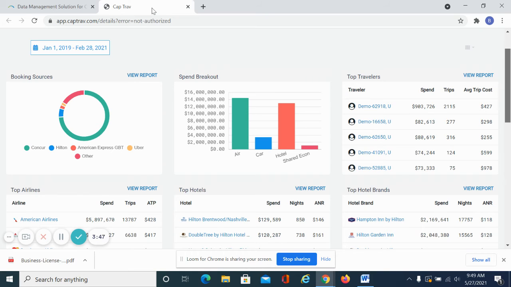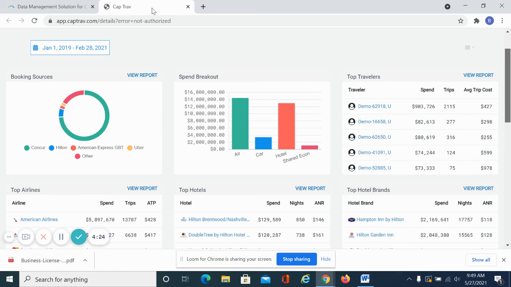CapTrav currently distributes its solution by placing forwarding rules at the server level for Exchange or Gmail users and via our Microsoft OAuth application. It is our belief that this application will be the easiest distribution solution for both our team and clients. We also enable corporate travel agencies access to consume our data via an API, which is typically leveraged to augment spend data captured by the travel agency in support of program optimization housed within the reporting environment. Users access this dashboard via a single sign-on.